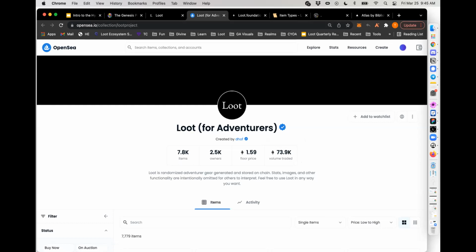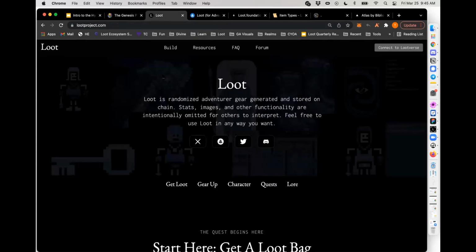But to me, it's less about the financial success of Loot, because again, nobody owns Loot, everybody owns Loot. It's more about the joy and the excitement and the community and the world building that's happened out of this. I've never seen anything like this.